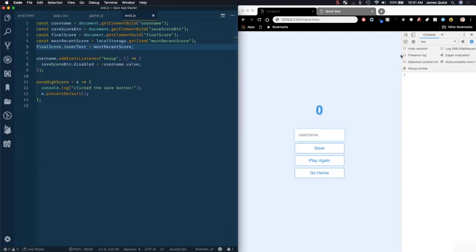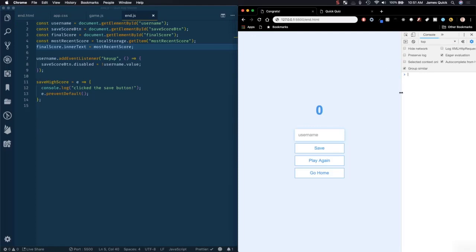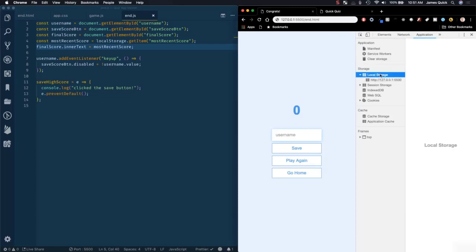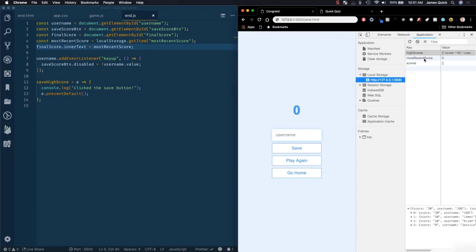So the way you can look at local storage is if you come into your Chrome Developer Tools, you can open up the Application tab, look at local storage, and I've already got some of this stuff saved from the past, but if I change this to 10 as my most recent score, and let me get rid of a couple of these things so that we'll kind of be starting from scratch. If I set most recent score to 10 and refresh, it's going to pull 10 from the recent score. Now you can come in and you can add this key value pair yourself, or what we should do is